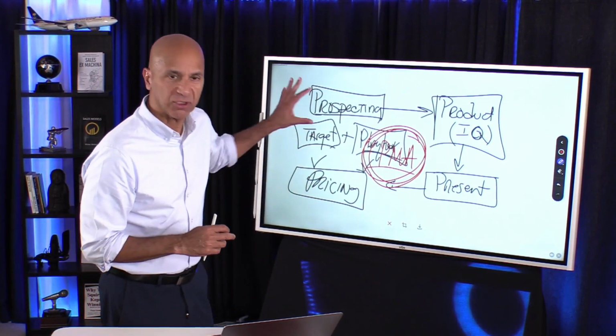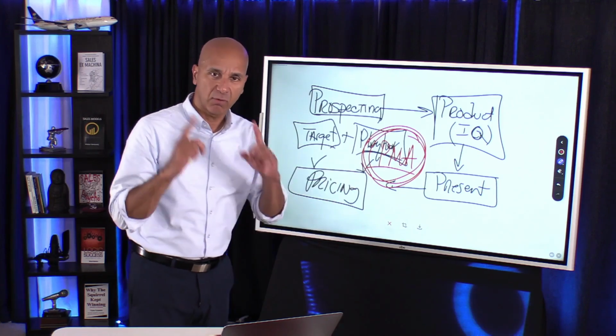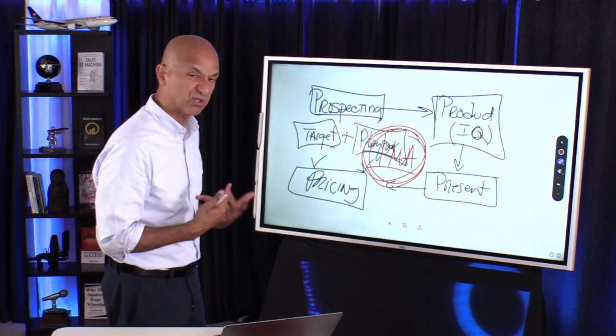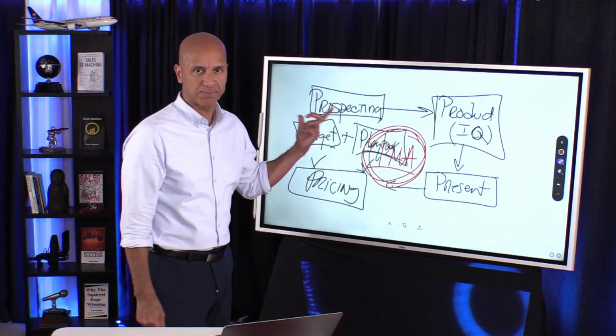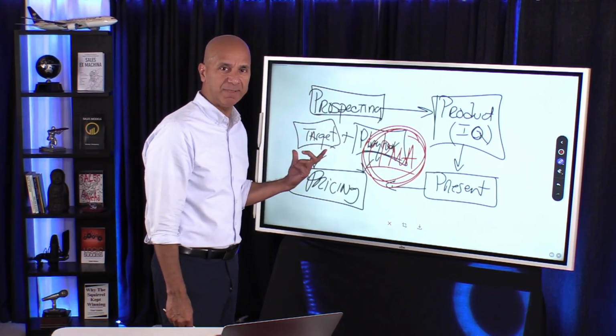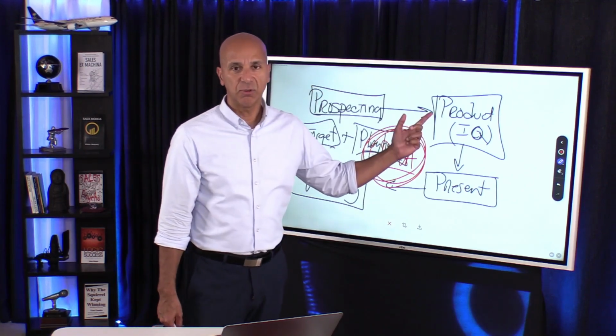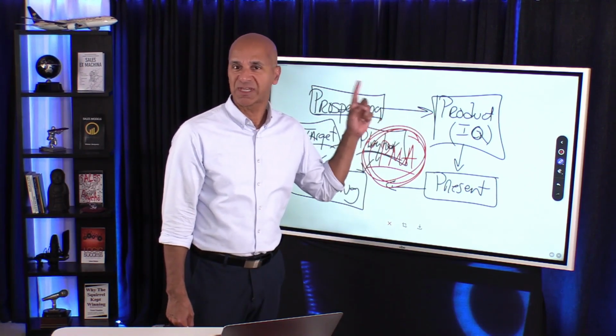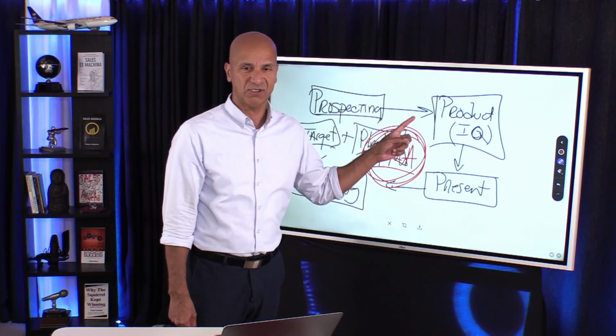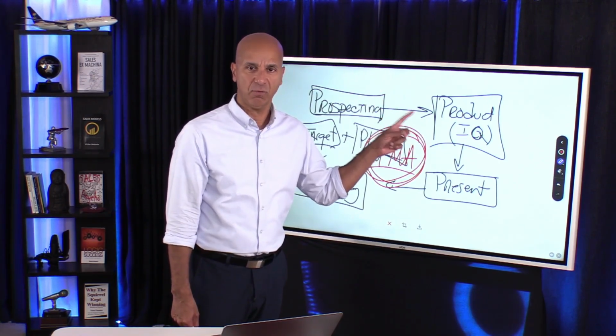So let's look at the model. There are 5 areas to look at for improvement with your salespeople if they're struggling. I would first look at the prospecting side. Are they targeting the right people? And if they are, are they using the right playbook? Next, do they really understand the product or service that we're currently offering? I mean, really understand it to be able to handle tough questions.